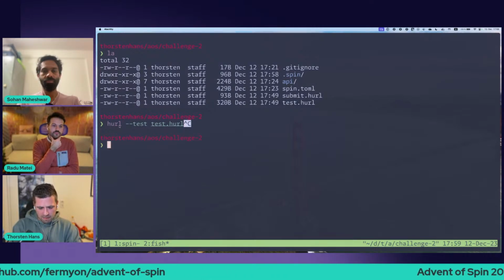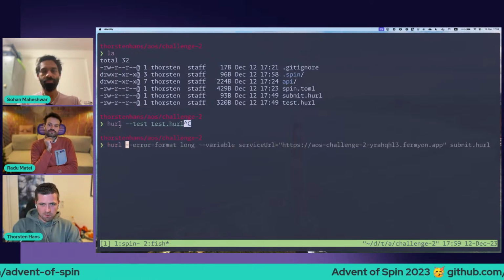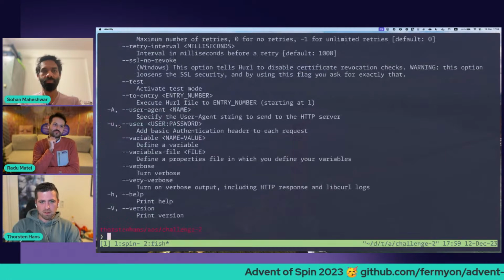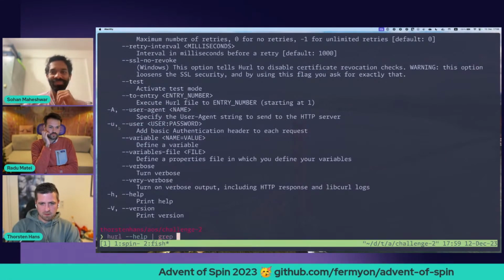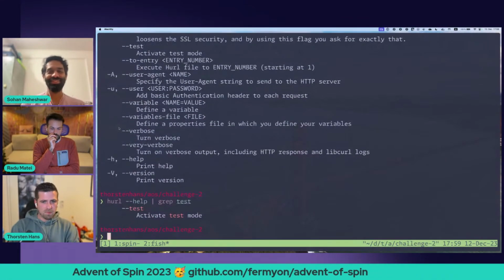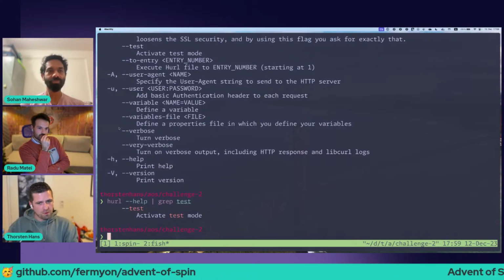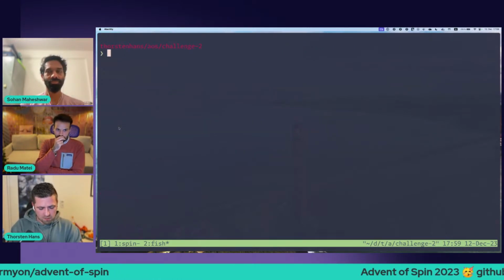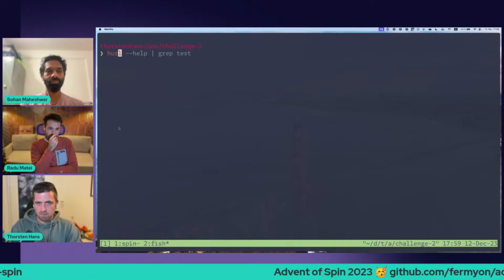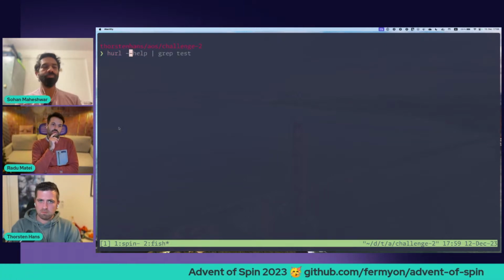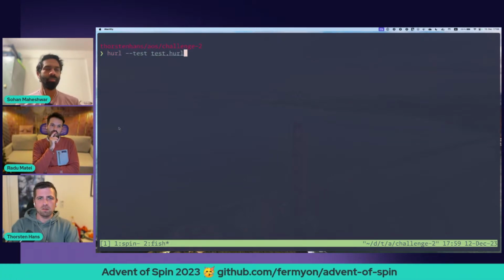The CLI has a test mode, and then as an argument, you have to point to your test.hurl file. So we can basically say hurl --test test.hurl.